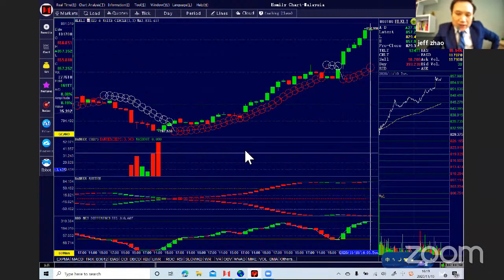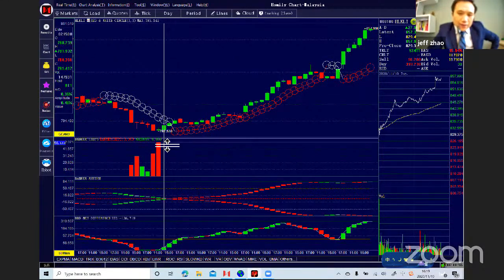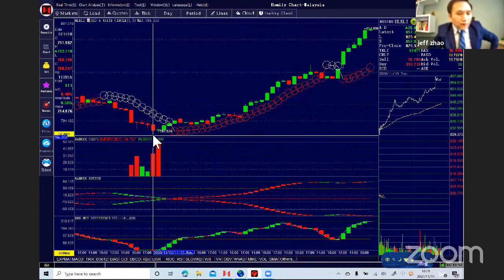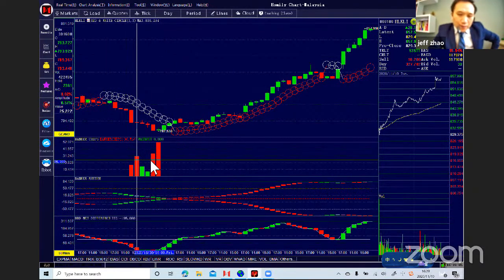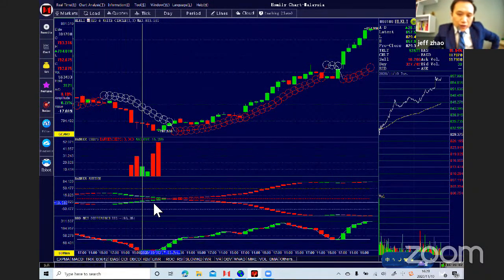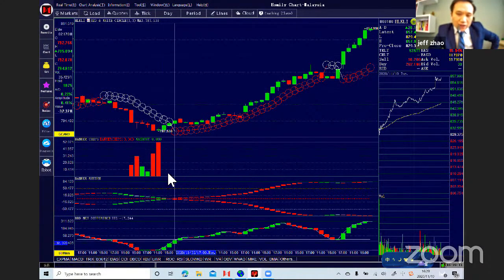Okay, so how can we know in advance? Just now what I mentioned is that on 30th of October, there was something indicating the market will go up. How can you confirm the market will go up? First, you need to focus on the banker chips. Second, you need to focus on the banker rhythm. Third, you need to focus on the BBD. And then the buy point should be here. The buy point is 5 p.m. of 2nd of November.